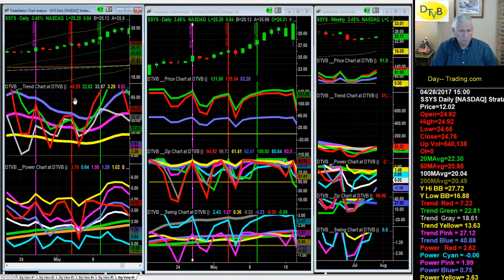On the red vertical line, we have zip green again sticking its nose out, and it is also at 100. In this particular case, swing Zion is a couple of days up, and it's just about ready to touch the swing gray line, which we classify as a wide line, or a line that can be touched, because normally we don't deal with much in the way of the swing gray line being up touched or down touched,